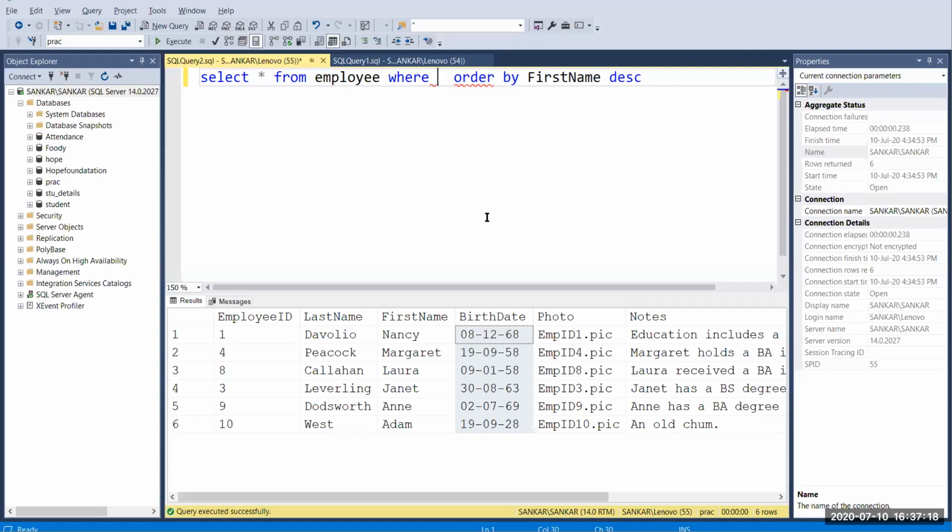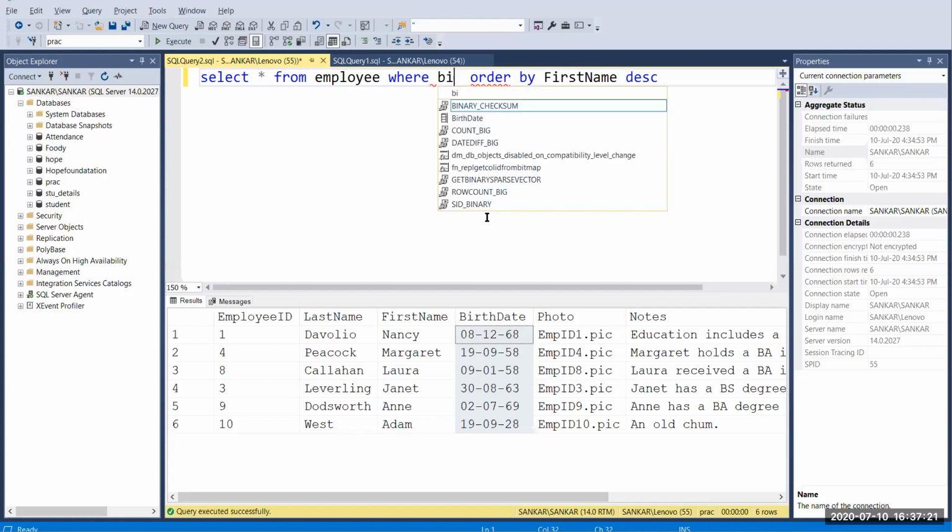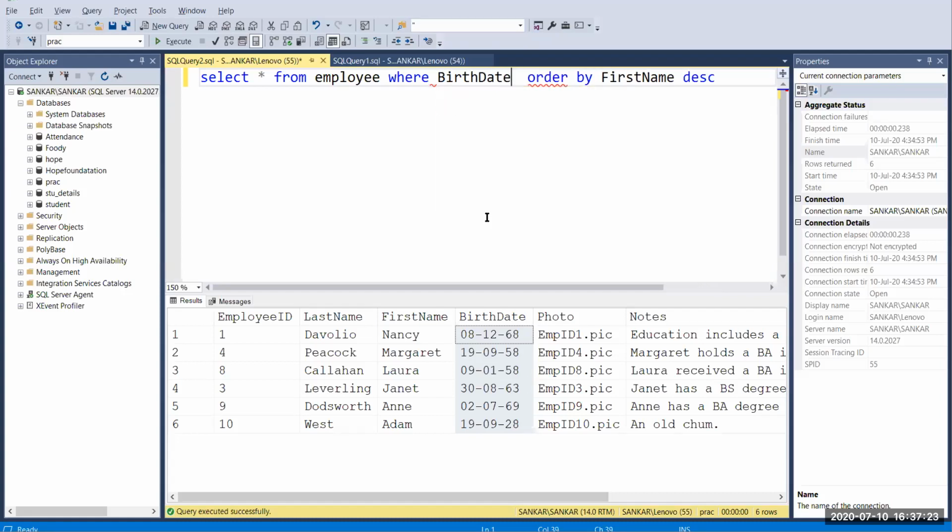Then here I'm going to give birth date, and here I just pass 09. I'm also going to copy this. Then here I just pass OR, because I'm going to print both values.